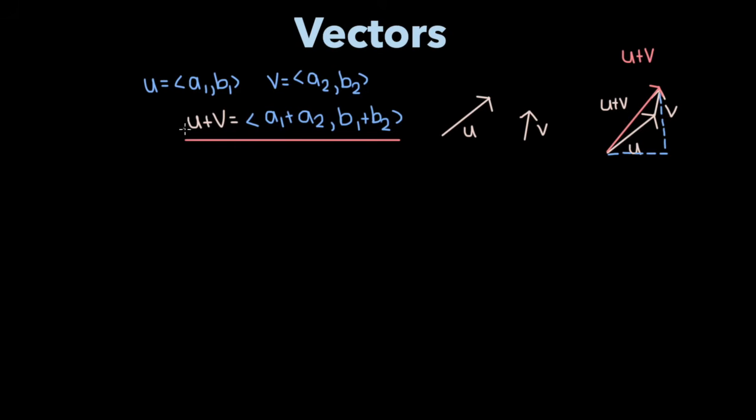Now before we go over what happens when you subtract one vector from another, let's go over what happens when you multiply a vector by a scalar. So let's say c is our scalar, it's some constant, and we multiply that by our vector u. The resulting vector would be c times a1, comma, c times b1. And so when we multiply a vector by a scalar, we multiply each of the components of that vector by that scalar, and by doing this, we can change the magnitude of the vector, and in some cases, even the